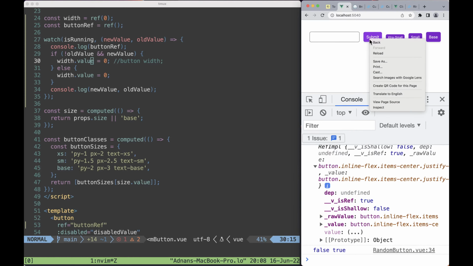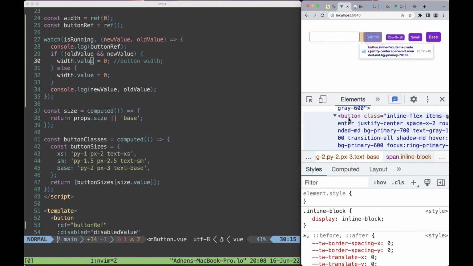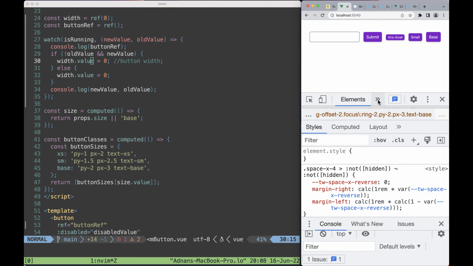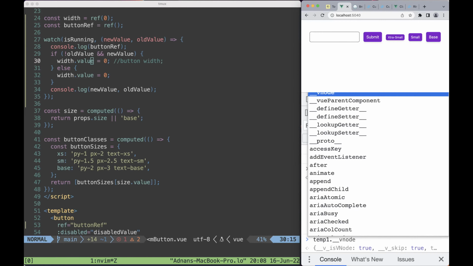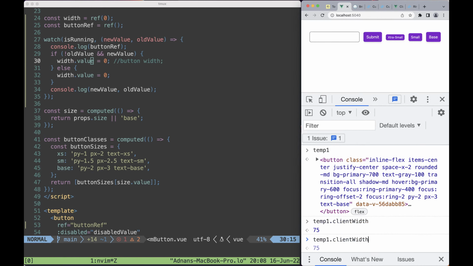So let me inspect this and not that. I want this button. Okay, temp1 dot, I believe is either going to be client width or